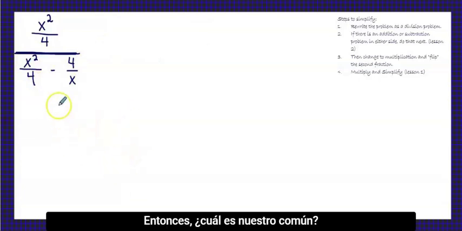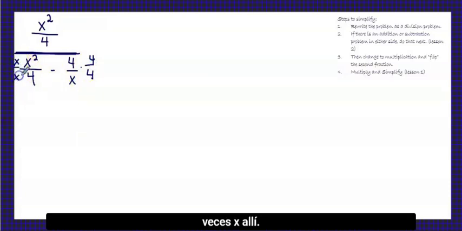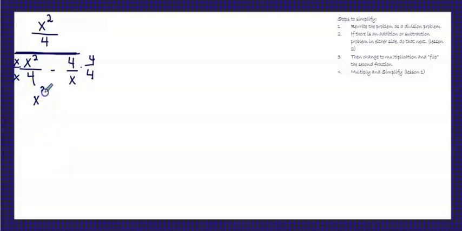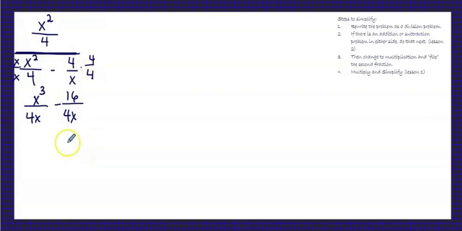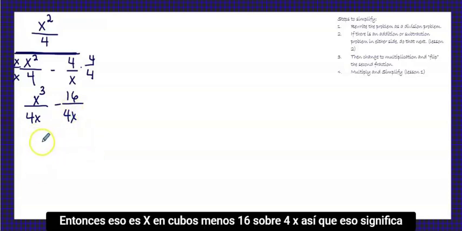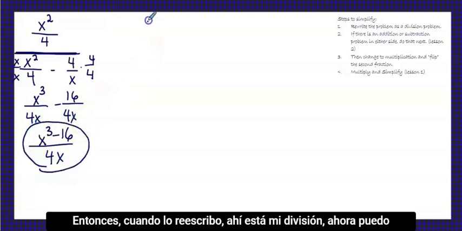So our least common denominator is 4x. So this side needs a 4, and this side needs the x. So we're multiplying times x there. So that's going to be x cubed over 4x minus 16 over 4x. So that is x cubed minus 16 over 4x. So what that means is this fraction is now the denominator. So then when I rewrite it,